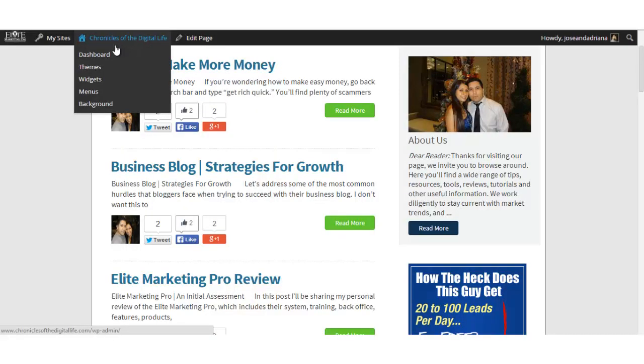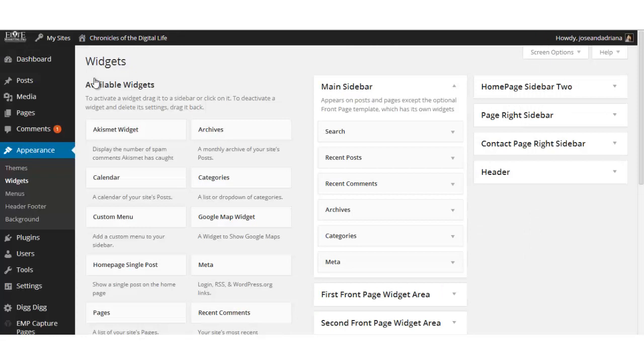Now for mine it actually has a shortcut. I don't have to go through the dashboard and fiddle through the settings and appearance to get to the widgets. I have a shortcut that takes me directly to the widgets. That may or may not be the case for you, and I also have a bit of a customized thing going on here on the right side. It's because of my theme. So yours may look completely different, but you got to decide where you want that network blogs